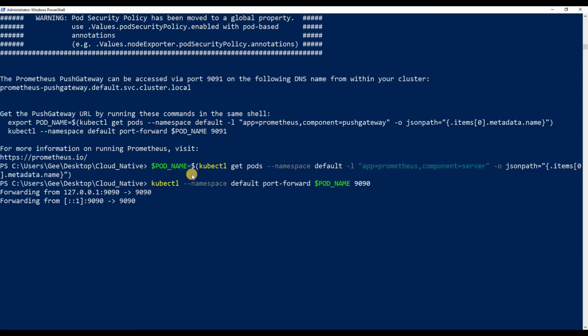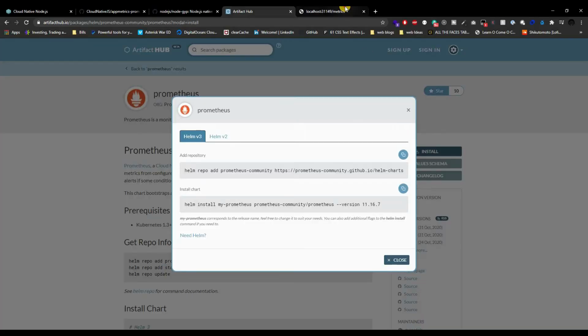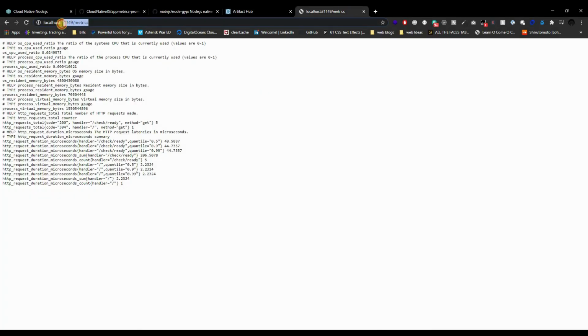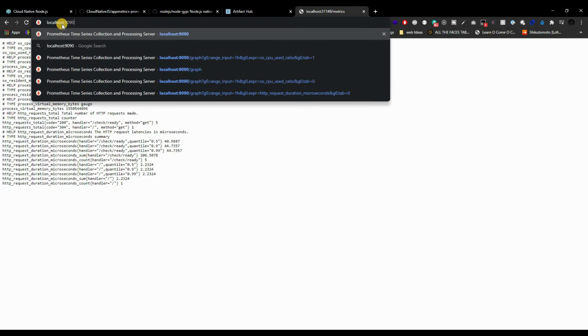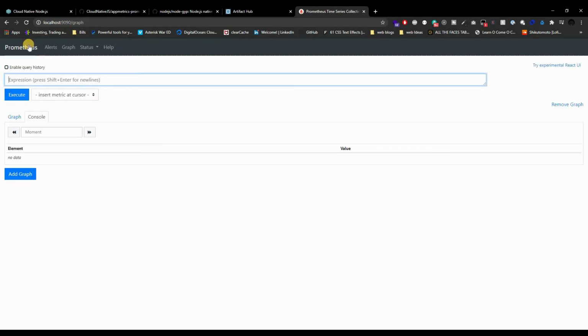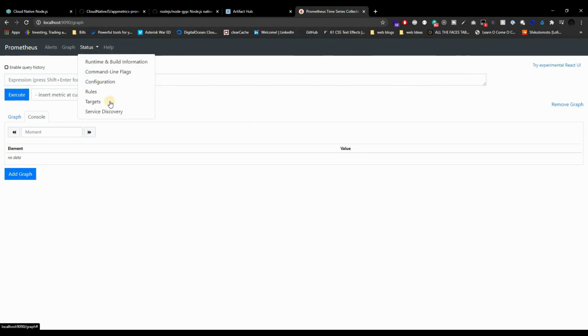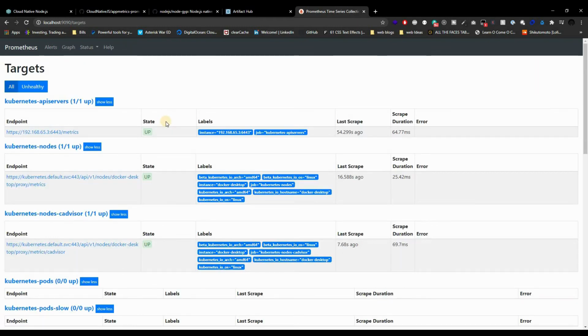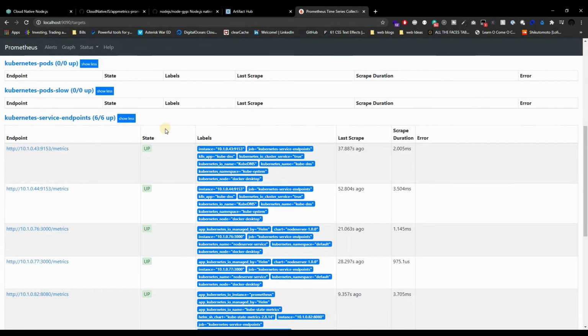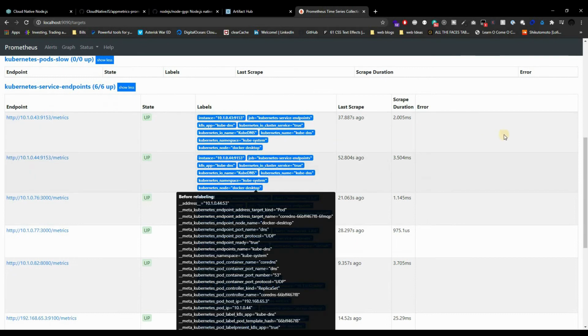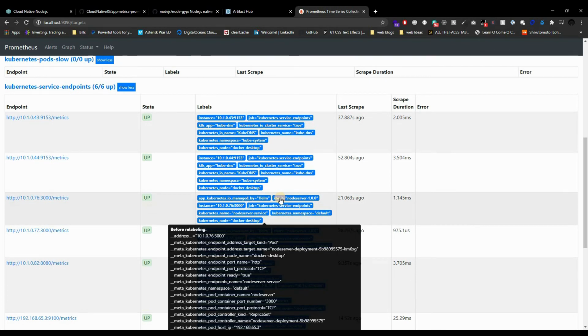So if we go over, remember this port number is 9090. If we go over to our localhost and type in 9090 as our port, we should get, there you go, we have Prometheus running, which is amazing, right? Now some things that we could do right off the bat, we could go to status, we could go to targets, and if you scroll down just a bit, we're going to see that we have right here,